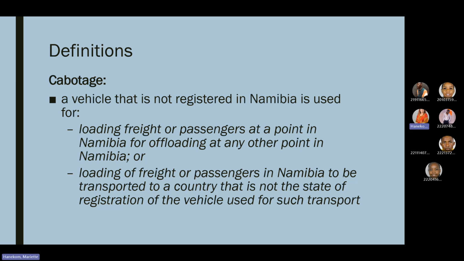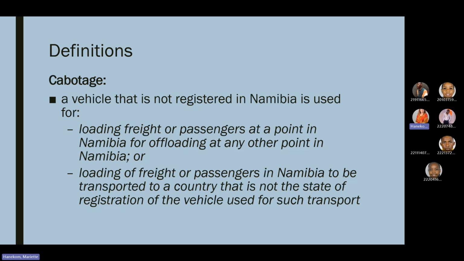So a South African registered tour bus comes to Namibia, loads tourists in Windhoek and takes them to Swakopmund. That would be cabotage. Or furthermore, when a vehicle that is not registered in Namibia is used for the loading of freight or passengers in Namibia to be transported to a country that is not the state of registration of the vehicle